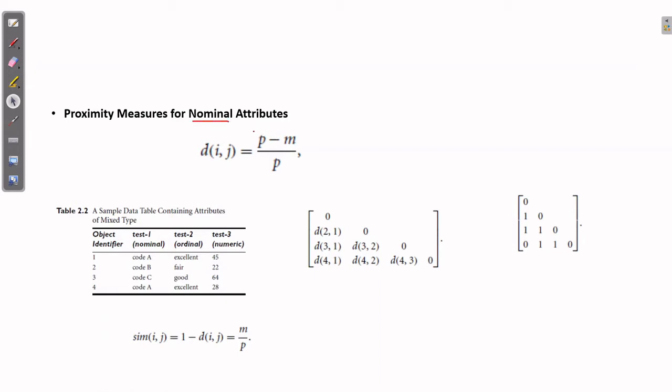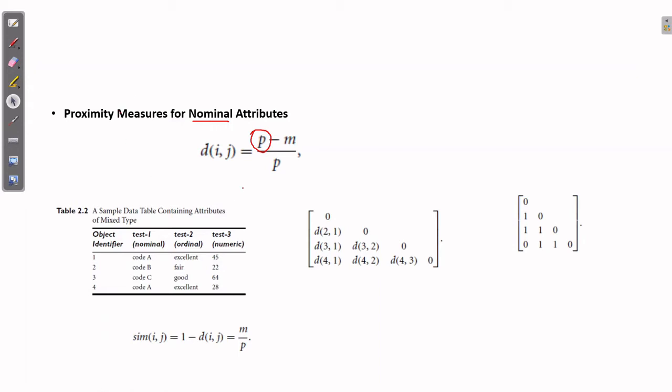So earlier we said there are a total of p attributes used to represent an object, right? So what is the distance between i and j when it is a nominal attribute? What is a nominal attribute? It means it is a set of names. That is why it's called nominal. Just like we have the enumerated data type in C, you have a set of values, and only those values can be taken by that particular feature or variable. For example, colors. In some contexts colors can only be red, green, and blue. So that is a nominal attribute.